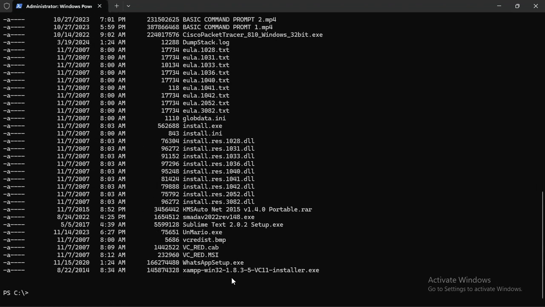So anytime you don't understand a command, you want to actually find information about the command, just go to